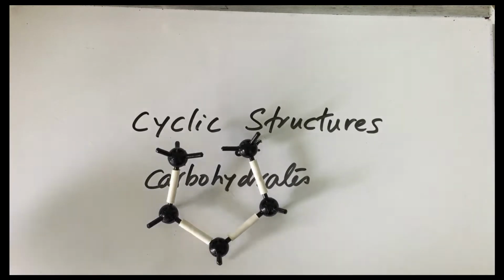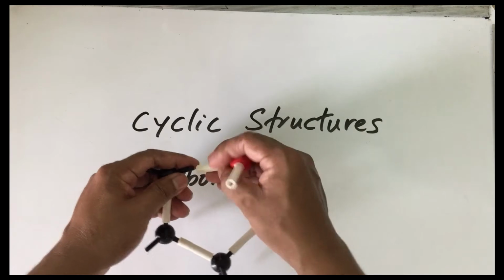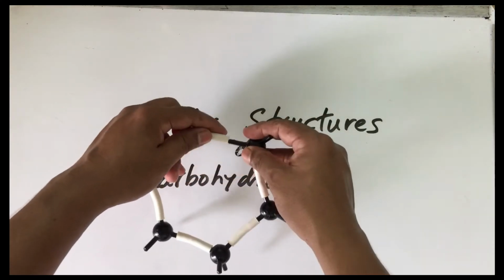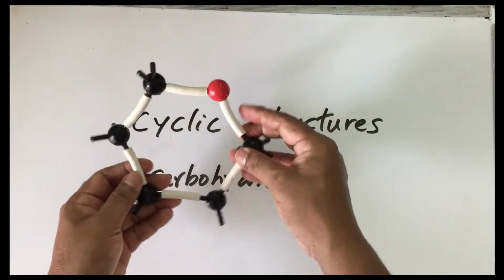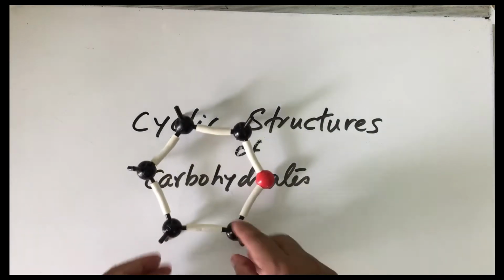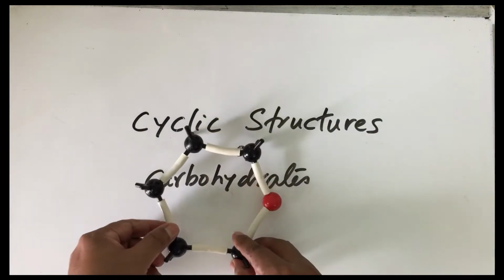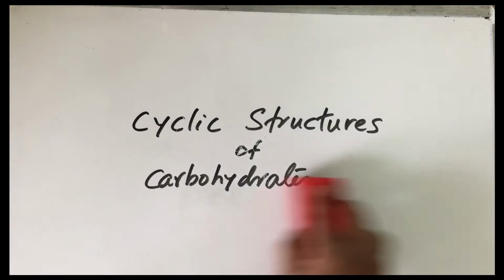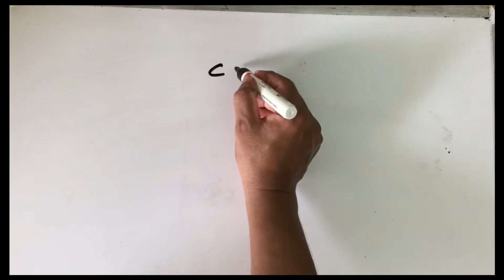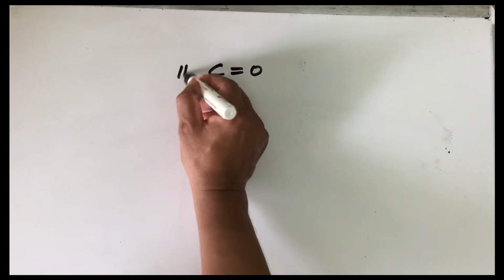So this carbon forms a linkage with oxygen, and this linkage forms something like this. So effectively, this is how it forms a structure. Let us see how exactly this linkage is formed, and then we will take up this structure again. First of all, let us write the structure of the glucose molecule here. So glucose can be written like this.